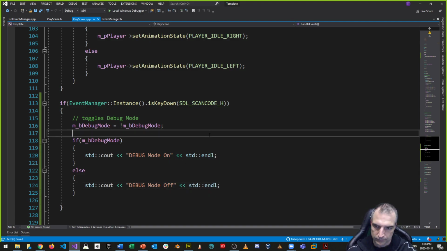Okay. Debug mode on, debug mode off. Pretty simple. And it all depends on this. Now, there's some ways of optimizing, and we'll do that later. But for now, let's just start with this. So when I run it now,